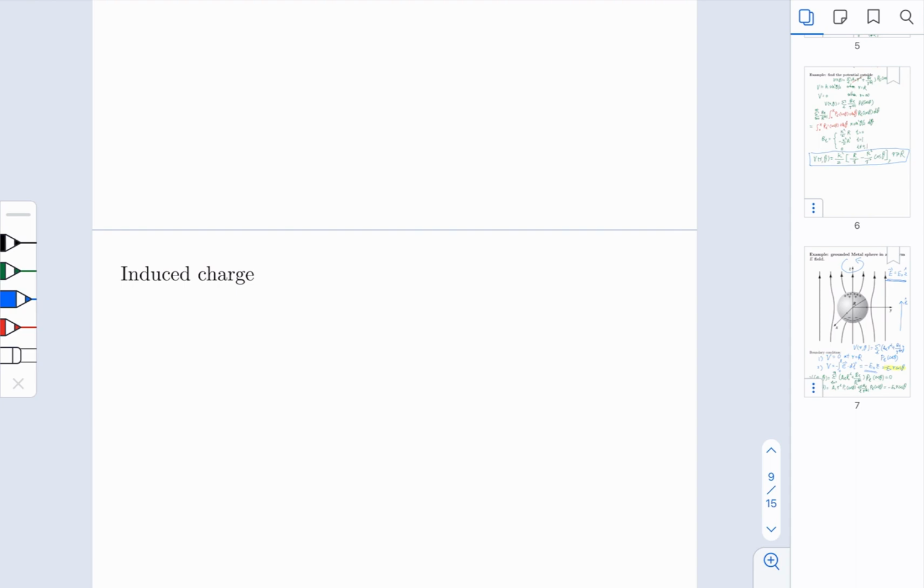And if we translate that to the potential, then this should be the potential gradient, or the derivative of the potential at R. And if you evaluate this term, it will give you